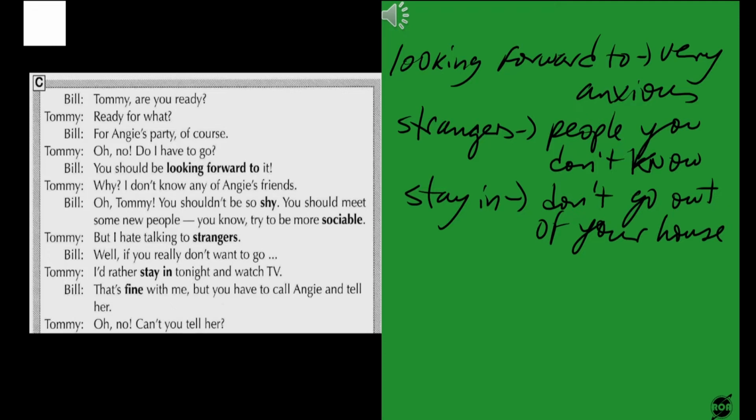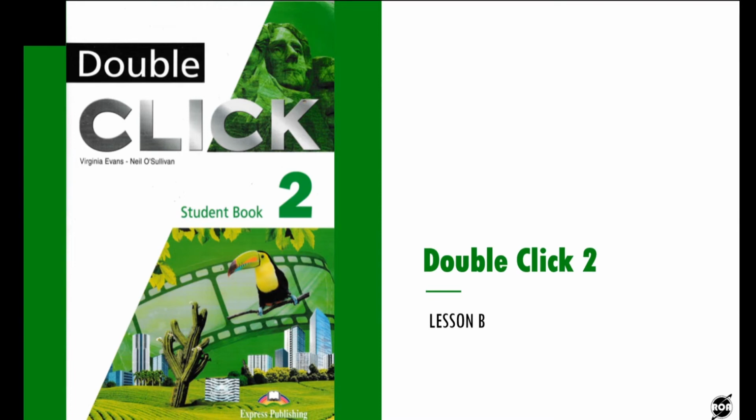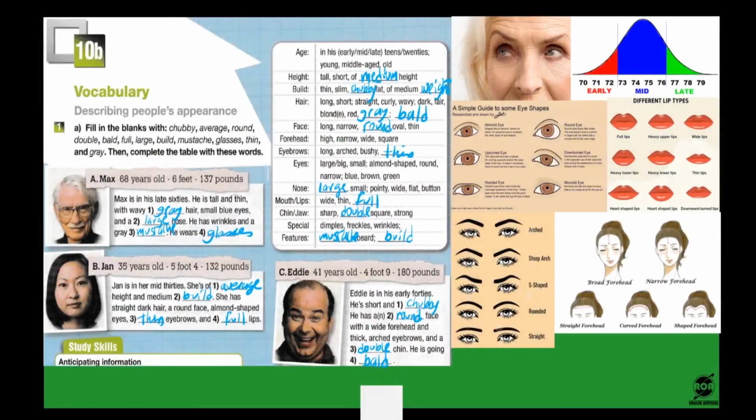Okay, so let's move forward to the next section, which is now lesson B. Alright, lesson B has more details about describing people's appearance and character, especially the appearance. Notice here that you have Max. Max is 68 years old. He's 6 feet tall and 137 pounds. So he's in his late 60s. If you notice his picture over here,